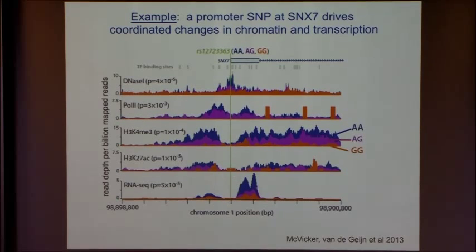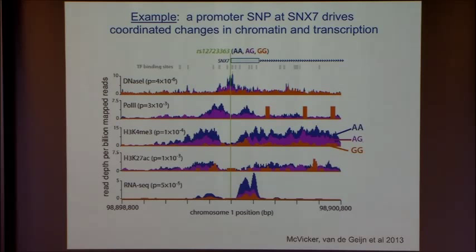And finally, they've got high RNA-seq levels. So this shows you expression of the first exon of this gene. And so you can see in this particular example that one SNP is producing very coordinated changes in basically everything that we looked at. And this is a relatively clean example, but in general we estimate that the correlations between